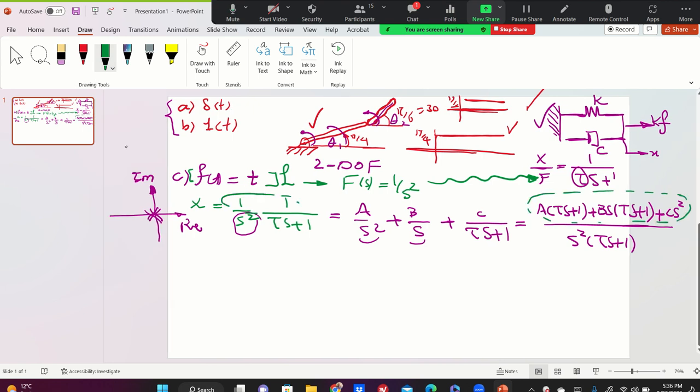Equals 1. So if you write that, you sort it based on the s order. So you're going to have A tau, plus B tau s squared